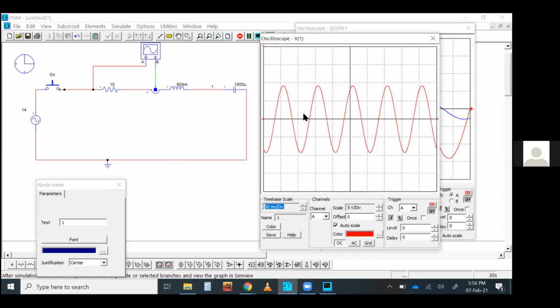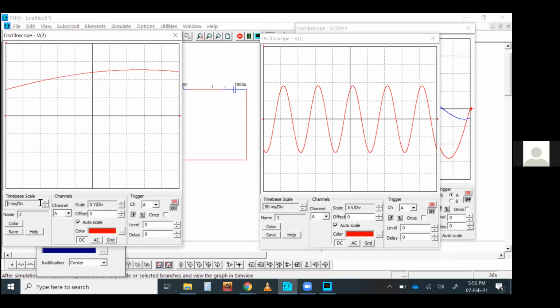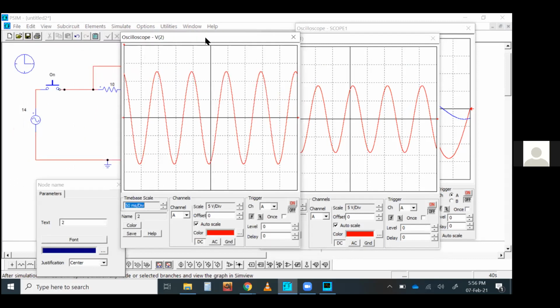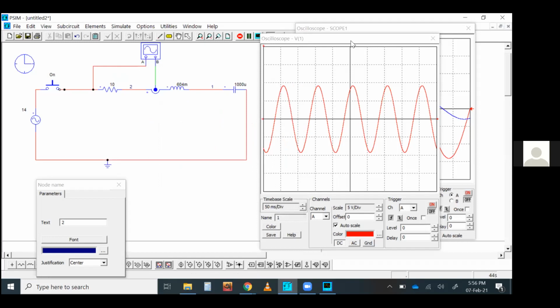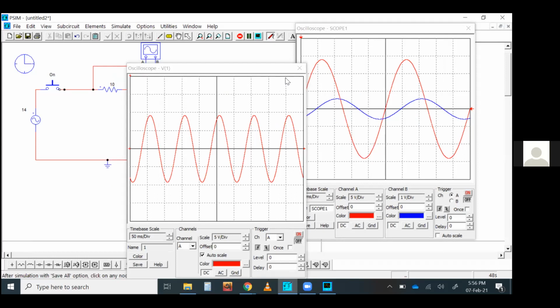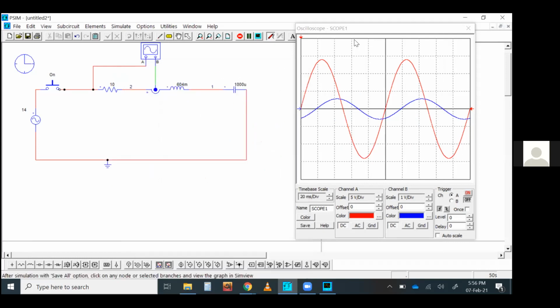Okay, fine. So this is the point. It's showing the voltage at this point. I need to see the voltage at this point. Click it. Okay, first it is giving you this voltage. Same like a real-life lab demonstration. You put in an oscilloscope, you put in a voltmeter, an ammeter, and it will give you the result.